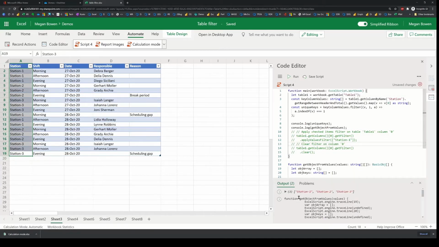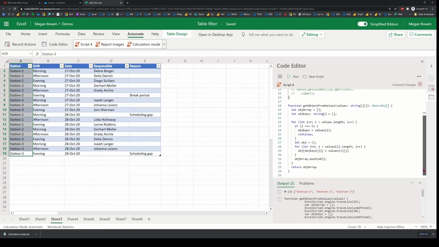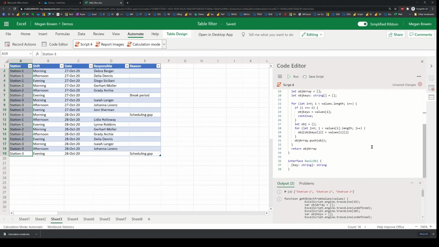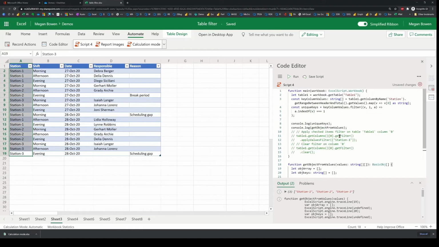Right. There is an error. Right. I need to pass the parameter, which is going to be,